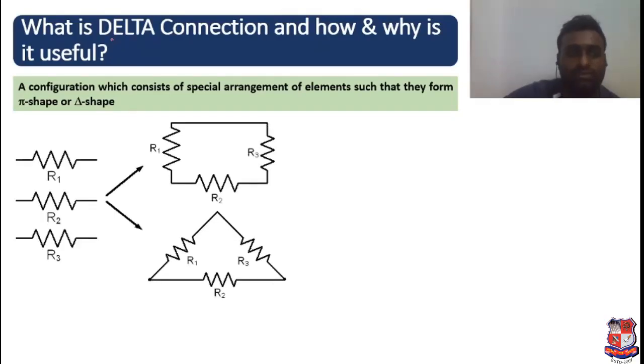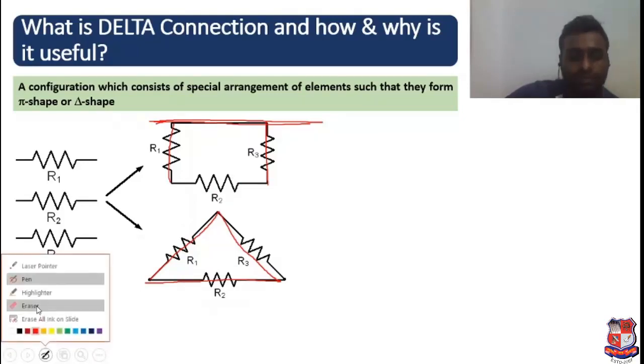Okay, so over here you can see the same three resistances if they are connected in this form. Okay, this is pi shape. Over here this much part and this much part can be said as pi shape. So that's why this is called pi shape, or you can also say that this is delta shape as this is connected in a triangle. So when the equivalent of a three phase resistance looks like this, then it can be said as a delta connected circuit.